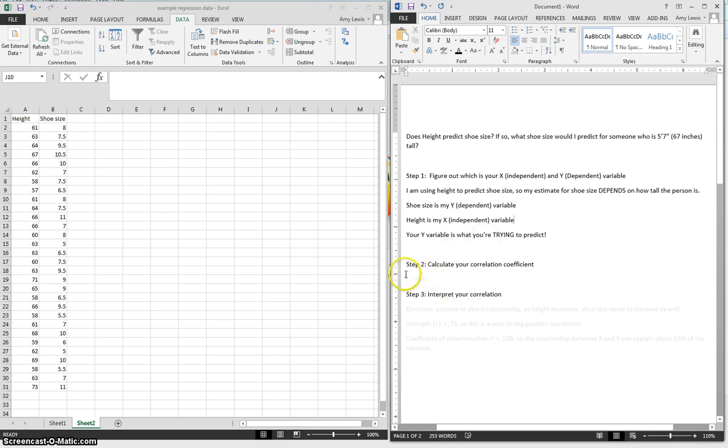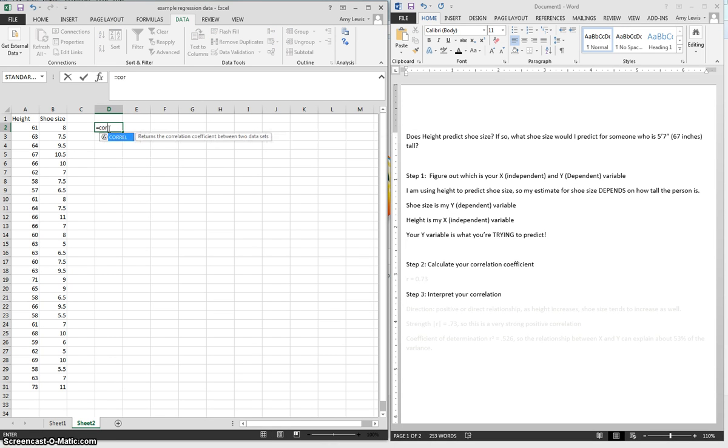Then in step 2, I've asked you to calculate your correlation coefficient. I'm going to do that in Excel using the correlation command. So equals CORREL, I open my parentheses, and then I give it the 2 data arrays. In the data arrays, I do not include any text, so I don't include the labels. I start here in A2, go down to A31, put in a comma, and then I do the same